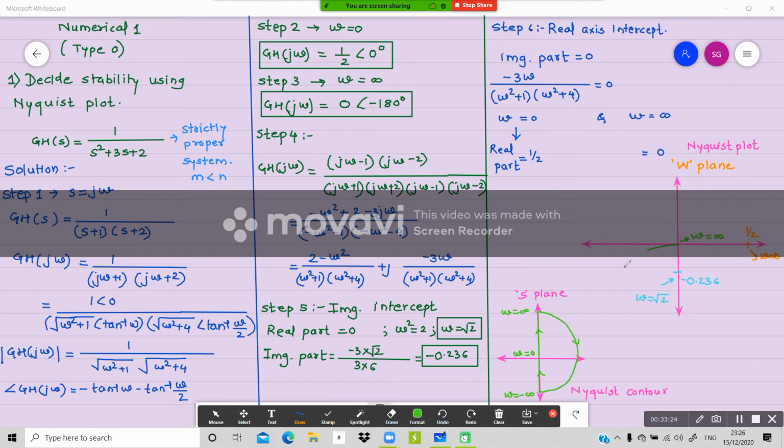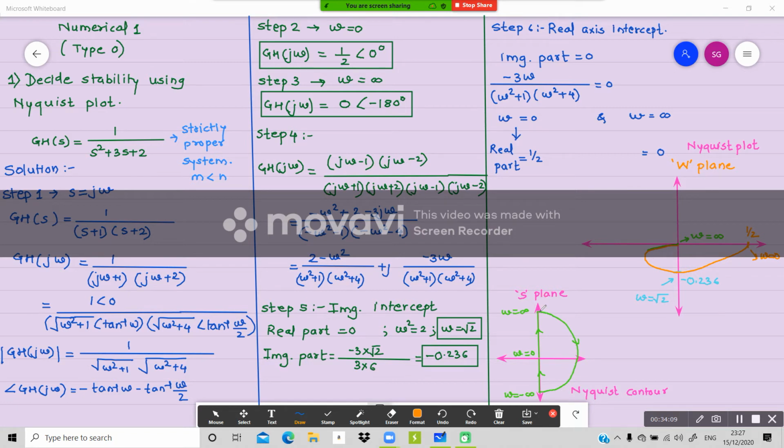See this angle, right? This angle is going to be near about 170. So after 170, whatever you are getting, at least 90, 100, 110 and all these 3-4 values you try to get. So you will have the shape of the plot. You will find the plot you are going to get. One minute, I'll change the color so it will be easy for you. Yes, so this is going to be the shape of the Nyquist plot.